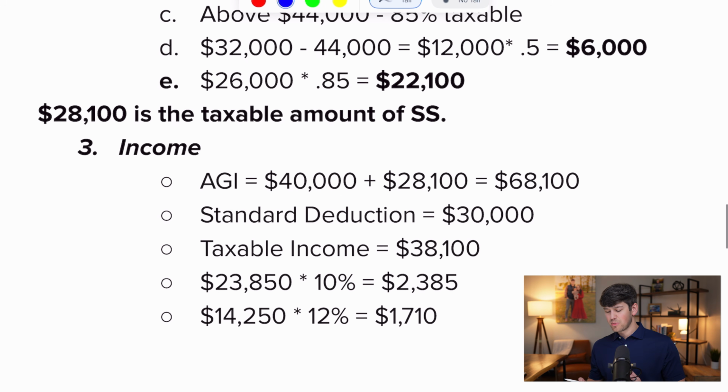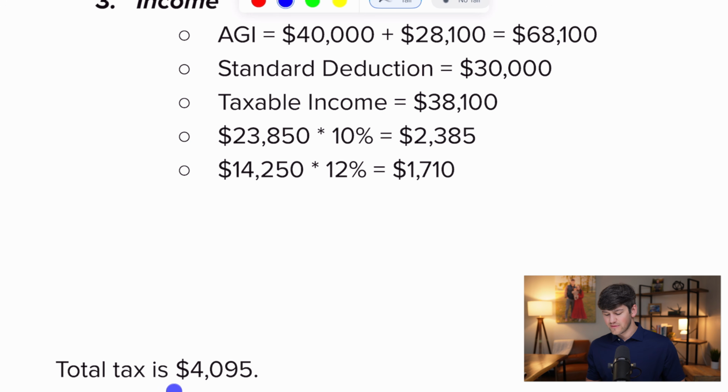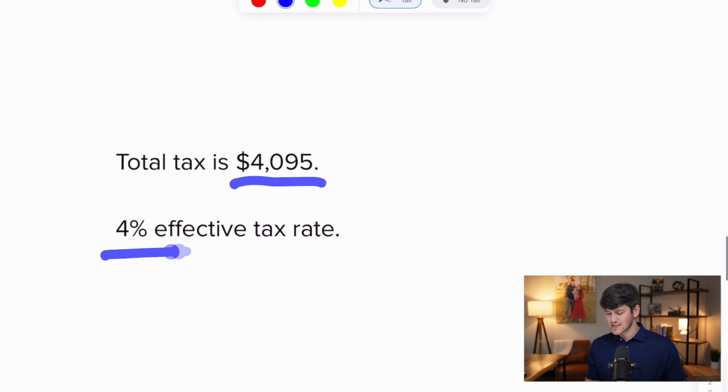So what does that put us at? Well, their total tax to be paid is $4,095. Okay, so that's their total tax to be paid. But remember, they make $100,000 between their Social Security and their IRA distribution. So they're making $100,000 gross, and they're only paying taxes of that amount, which means that's a 4% effective tax